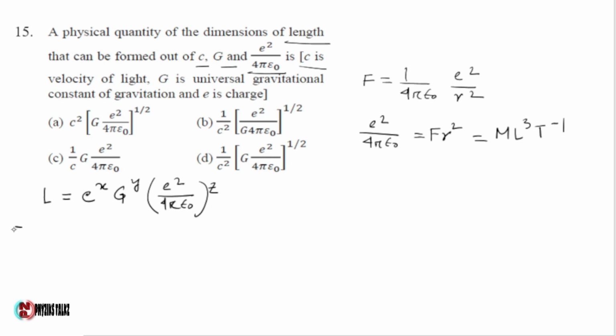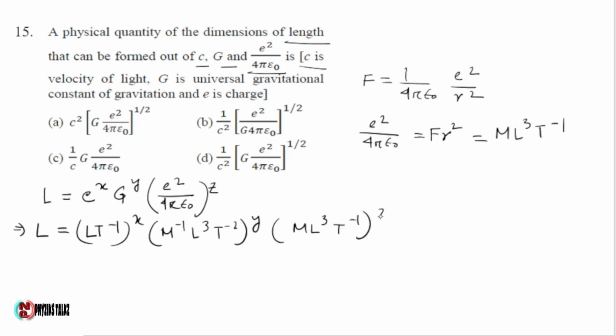Now putting all the dimensions in this equation, we have L equals the dimensional formula of velocity, L T minus 1, whole to the power x. The dimensional formula of G is M inverse L cube T minus 2, whole to the power y, and the dimensional formula of this is M L cube T minus 2, to the power z,